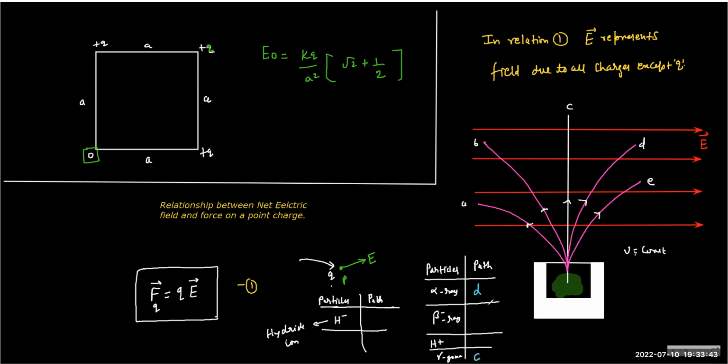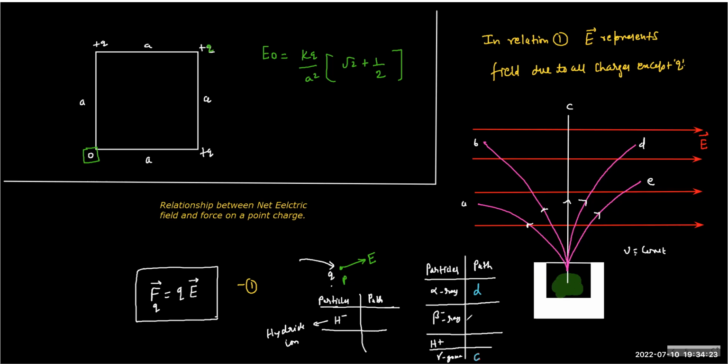So how did you decide that it will be D, not E? What was the basis of your differentiation? Why D, not E? Alpha has positive 2 charge, so it should be deflected more. Deflected more means E is deflecting more, no? So it should have been A also. But A is opposite. If any charge is positive, it will experience force in the direction of the field. But if any charge is negative, the force will be reversed compared to the field direction.